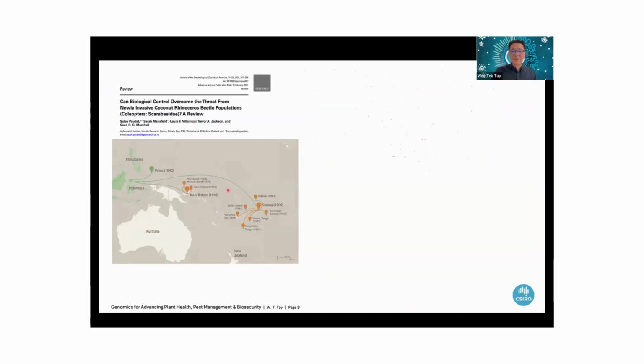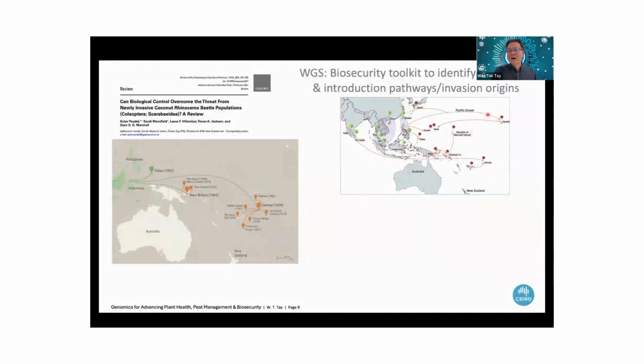proposed introduction pathway versus the current very complex pathway of beetle movements across the Pacific. We have populations that are clustered as regional unique populations from the native ranges, and they're moving across the Mariana Islands and to Palau. They are linked to a historical link of over 100 years between Sri Lanka and Samoa and Fiji, and importantly, the Philippines potentially as the hotspot for many other invasive populations across